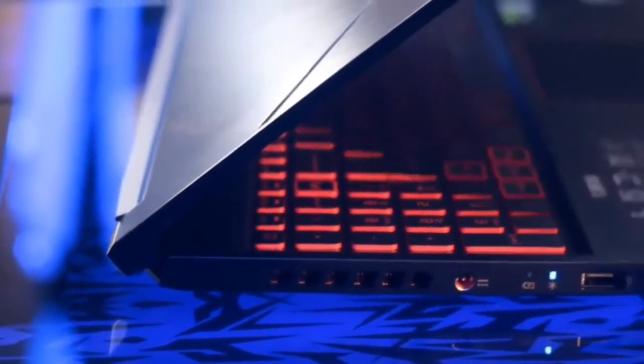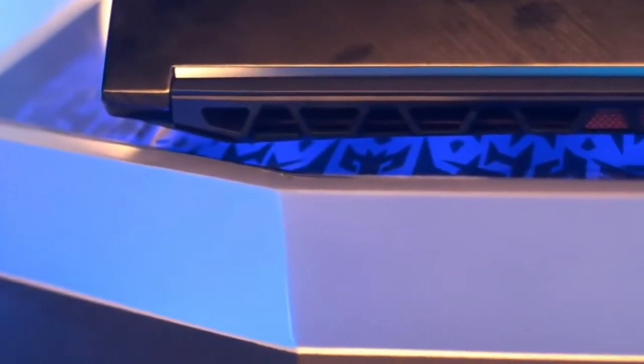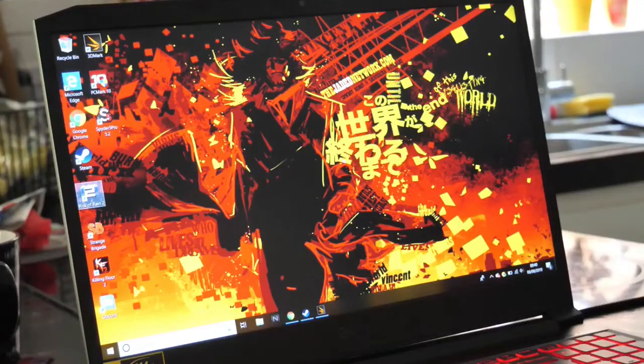It's more understated than the HP Omen 15's design, but it's not too in your face either, and there are no glowing logos or throbbing RGB light bars of the kind found on ROG and Alienware laptops. As gaming laptops go, it's not too chunky, but at 2.5 kilograms without its power brick, you'll definitely notice it in your bag. Despite having the same 15.6 inch display size as the Nitro 5 I reviewed, the Nitro 7 has a slightly slimmer profile, measuring